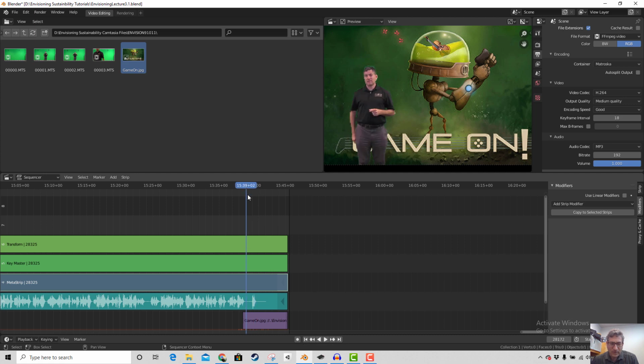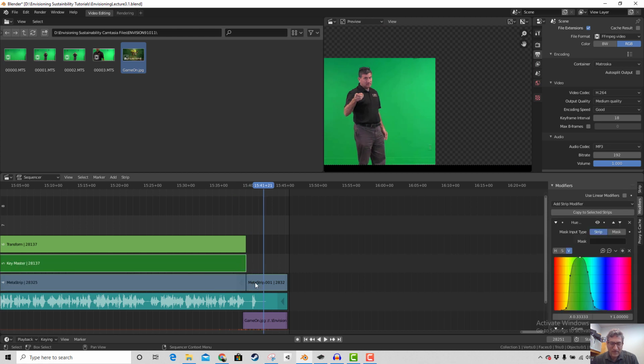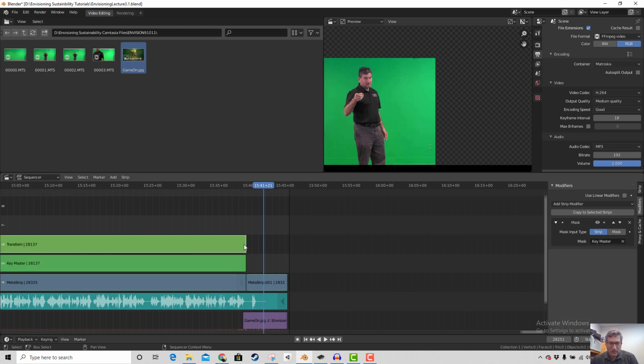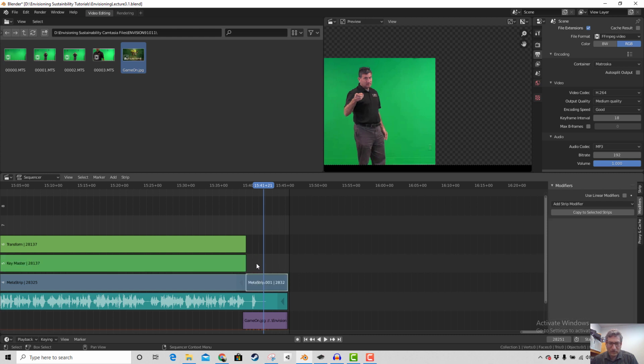So if I want to move him, then I need to cut this with K, the knife. And you can see that it's lost this part here, that meta strip. So I really need to replicate what we had here and here. One way to do that you'd think would be, could you just pull it, but you can't. So it looks like what I'm going to have to do is set it up again, and so I should have chunks of it. So I'm going to come here and click on this, and I'm going to add it